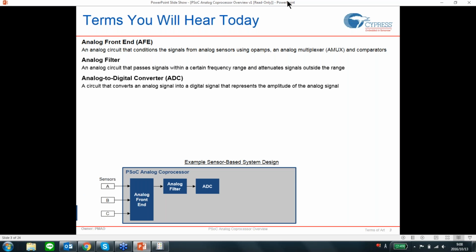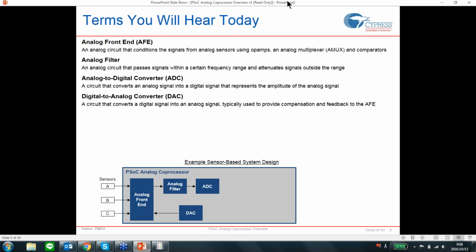Analog front-end can also feed the signal into an ADC, or I can feed the analog filter's output into an ADC, which then converts the analog signal into a digital signal, which can then be processed by the CPU. And then we have a DAC, which is a digital to analog converter, which takes the digital value, converts it